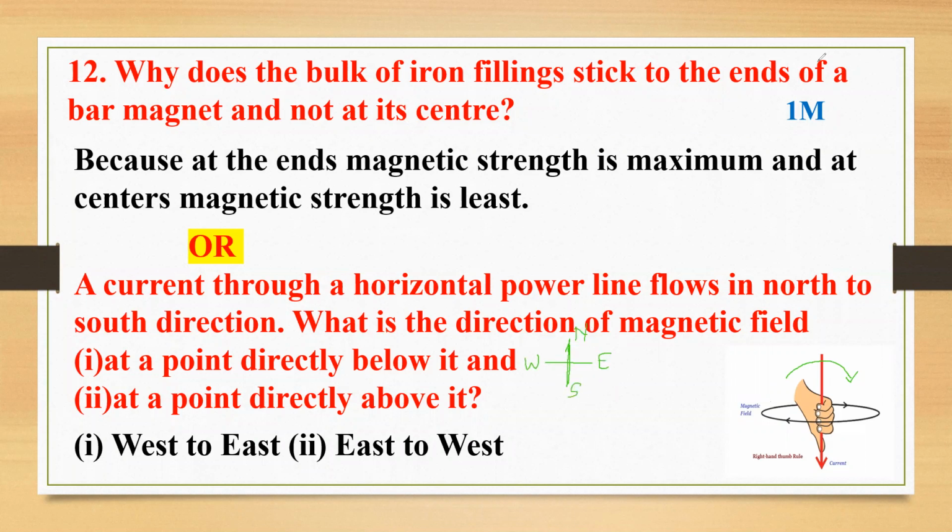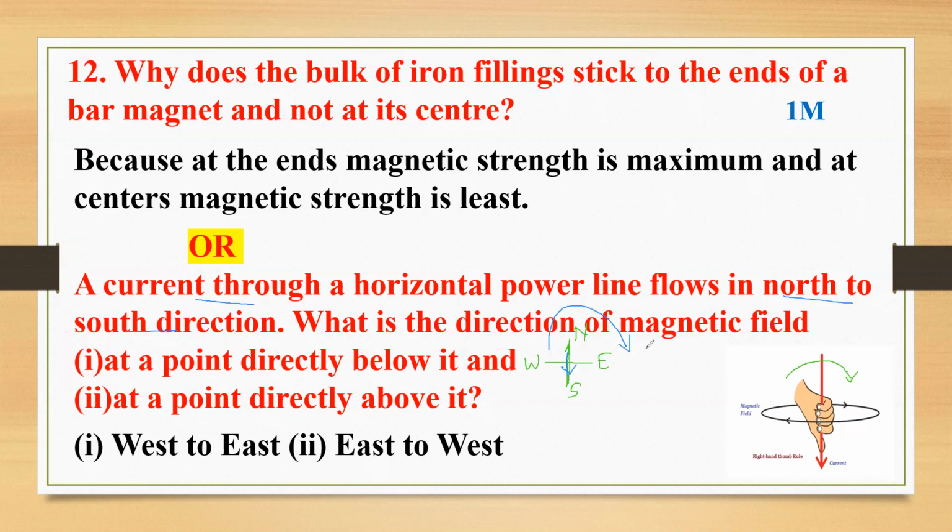Here in the question, just you try to understand again. They are telling that the direction of current. Current is passing from north to south. So this is the direction of current coming down. This is the direction of current, isn't it? North to south. Now you think if the current is flowing downward direction, magnetic field will be clockwise, isn't it? So magnetic field will be clockwise direction.